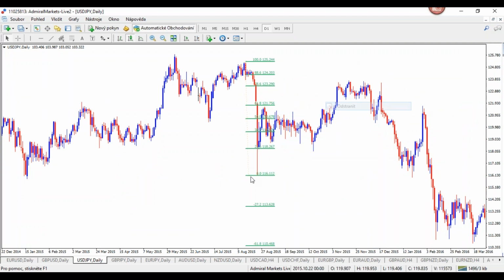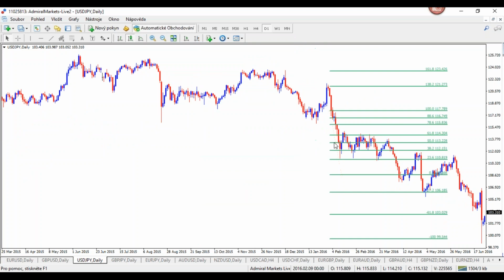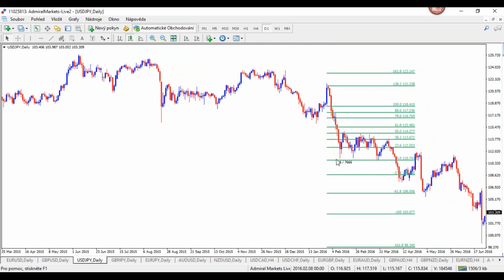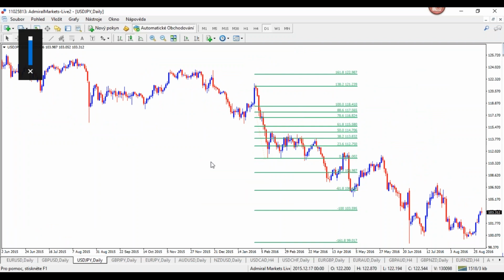All right. We keep this fib until the target is hit. And we see a new swing high, swing low. For instance, here we see a new swing high, swing low already forming. All right. So we put that new fib on. And we might add a counter trend fib when we see a clear swing high, swing low into the other direction. Is that clear?